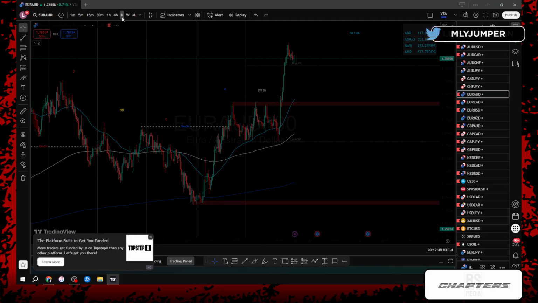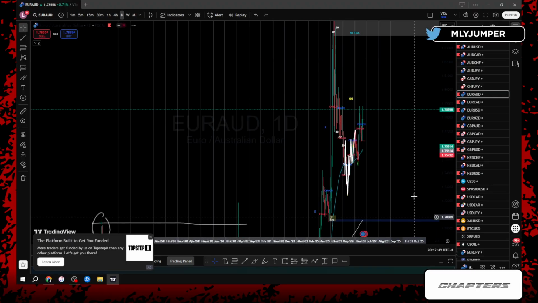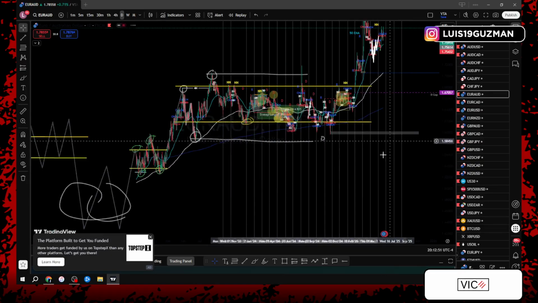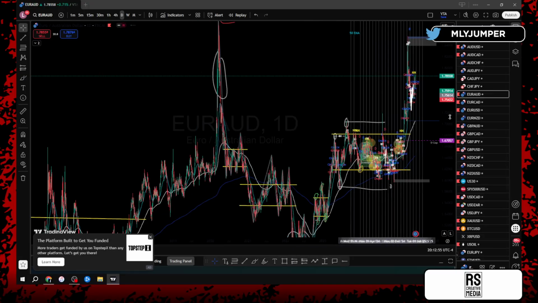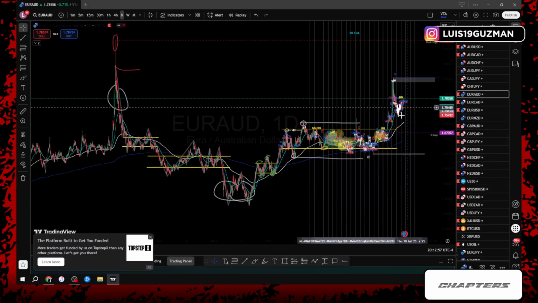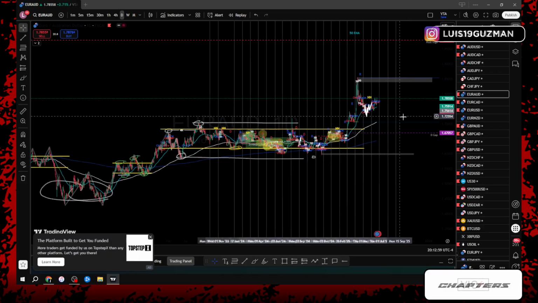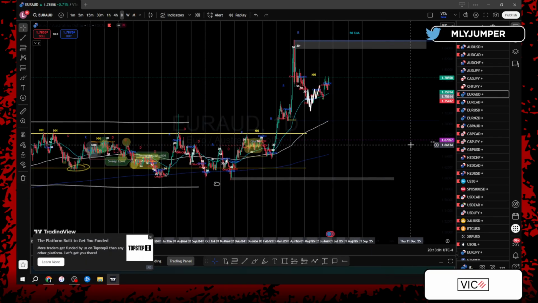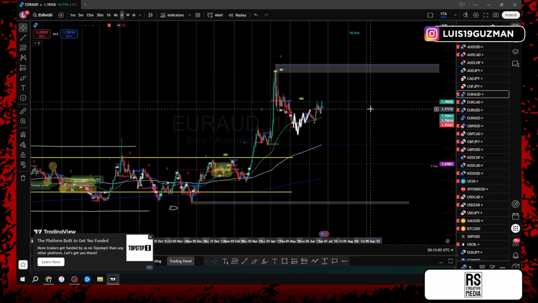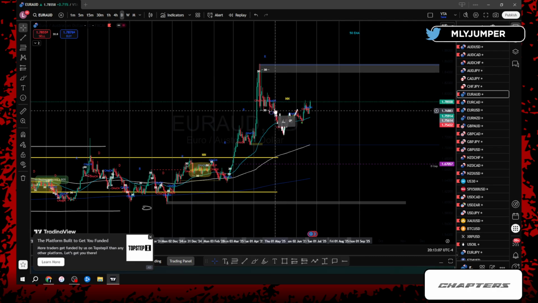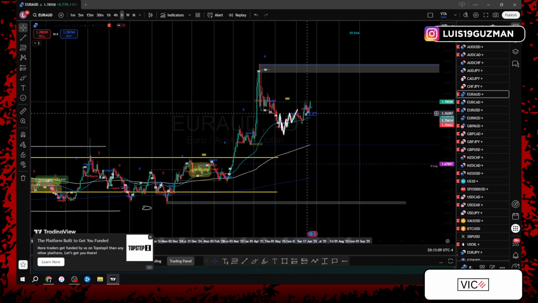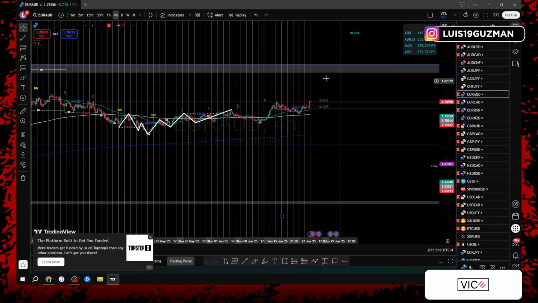Euro AUD. Daily time frame. We are in level 3. We have that gap at the bottom of the market. We still haven't reached the previous peak high. We still have a few pips to go, so we're still good, still making higher highs and higher lows. 3 months of rise. After 3 months, market must move sideways or go down. We ended up moving sideways, and then price gave us higher highs and higher lows.